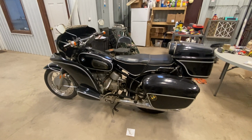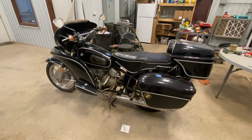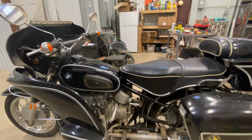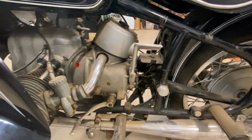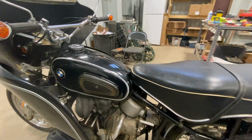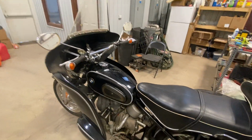We'll look at stuff in a minute. I don't think it's ran since 1995, so I'd like to get it running. It does look like there's starting to be some leaking of oil, kind of here and there. It is missing the battery, but anyway,